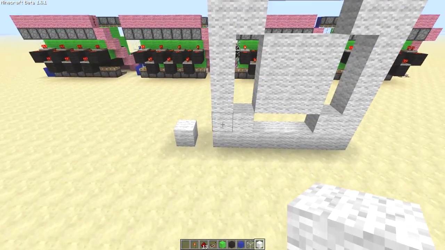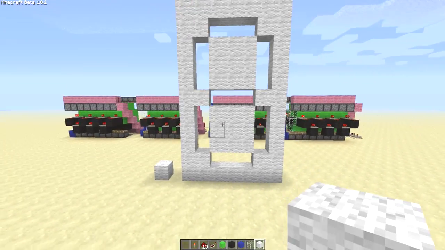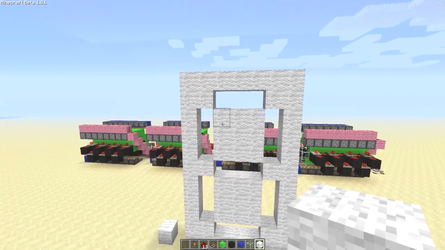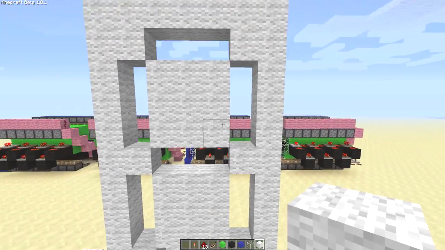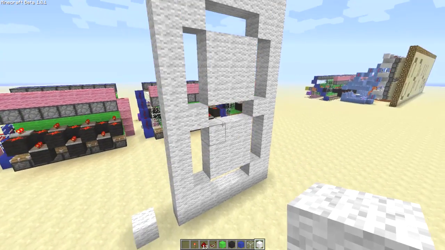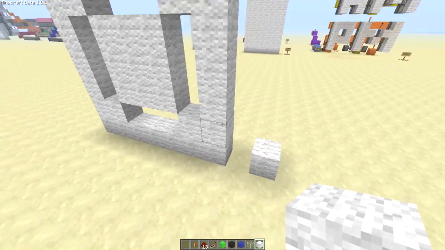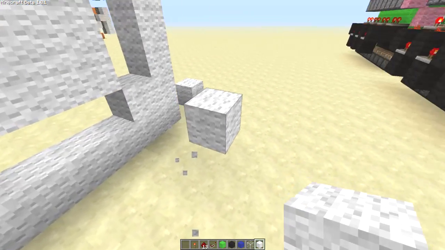So how many high is that? 1, 2, 3, 4, 5, 6, 7, 8, 9, 10, 11 high. So it's 11 by 7 the display, and then you're cutting out your 3 blocks per segment. I've already shown you guys how to build the 2 block segment display, but this is the 3 block. So you've got it a bit like that, and then I come back here, build out 3, cut those blocks out, and then you're just going to do a frame